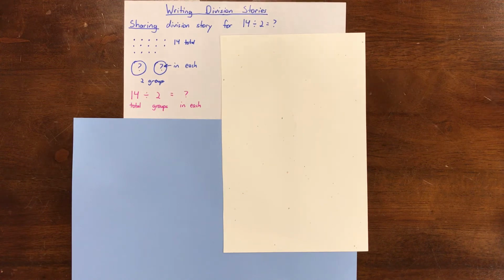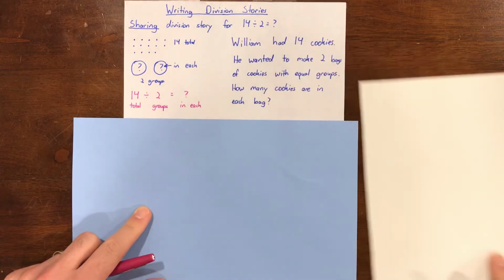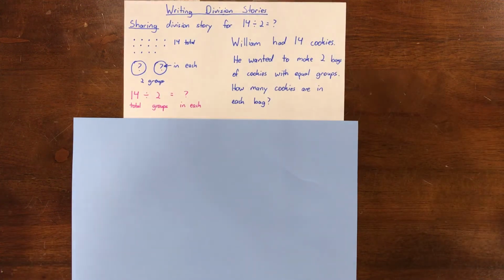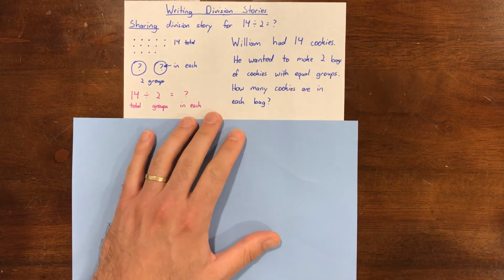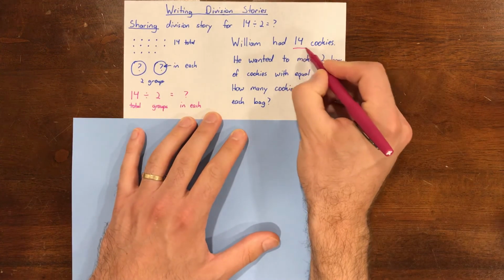Okay, so here's a story from one of my students last year. It says that William had 14 cookies, and he wanted to make 2 bags of cookies with equal groups. So how many cookies would be in each bag? Where do you see the total in this story? Say it out loud. Yes, the 14 cookies